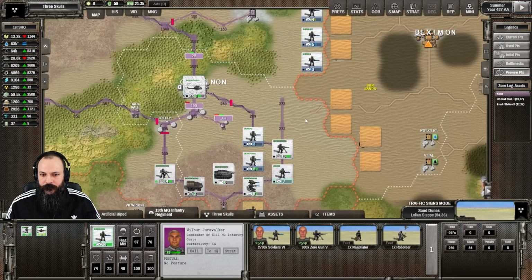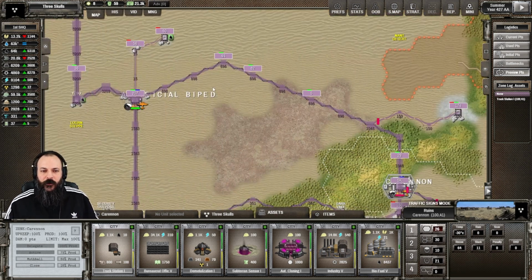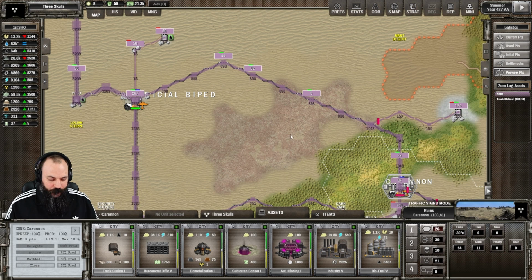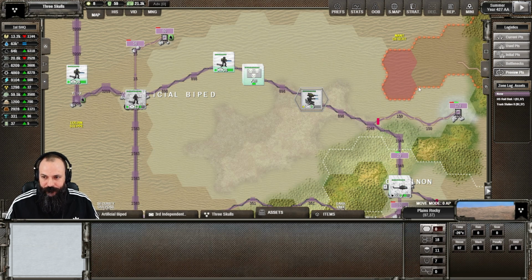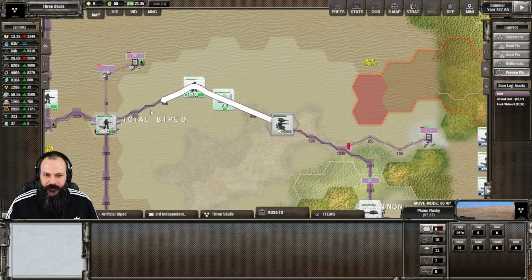So we need more trucks in Karanon. What I'll do is, after I've got off camera, I'll have a bit of a play with the logistics here and see if I can fix things. For the time being, it might be wise for me to